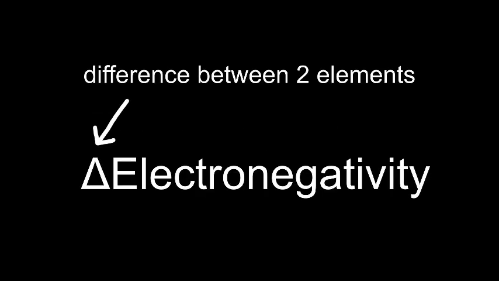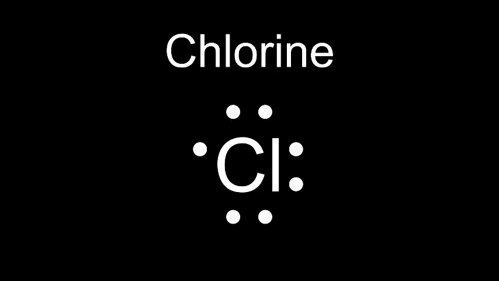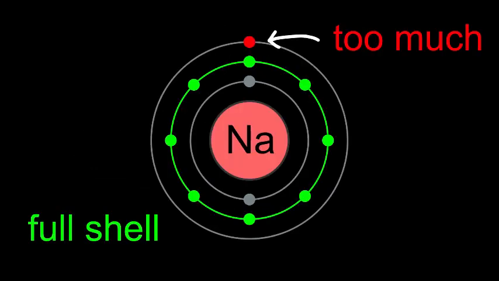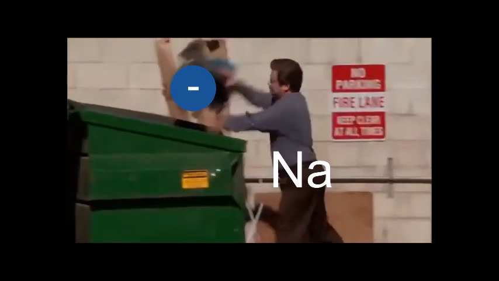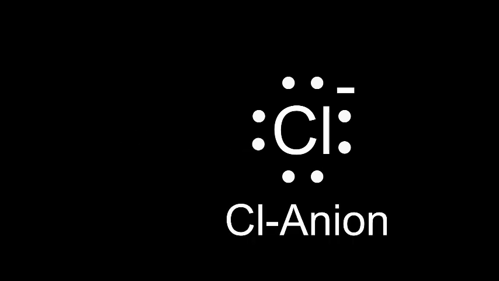If the difference in electronegativity is bigger than about 1.7, you get an ionic bond. A good example is sodium chloride. Chlorine would do anything for an electron, while sodium has one too many and just kind of wants to get rid of it anyway. Perfect, they both say, forming an ionic bond, where sodium loses an electron and turns into a cation, and chlorine gains an electron and turns into an anion. That seems pretty important. You might want to remember it.